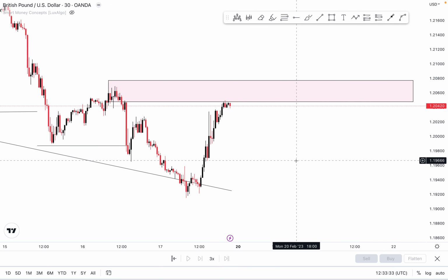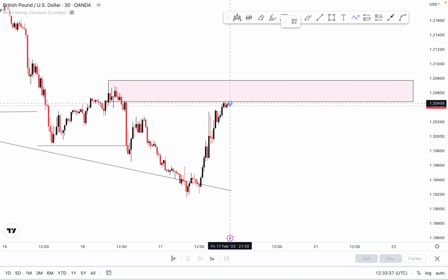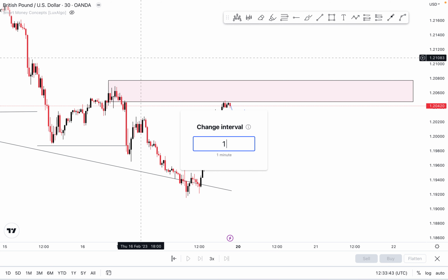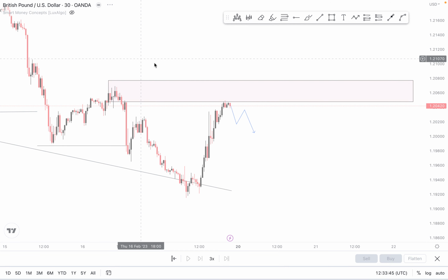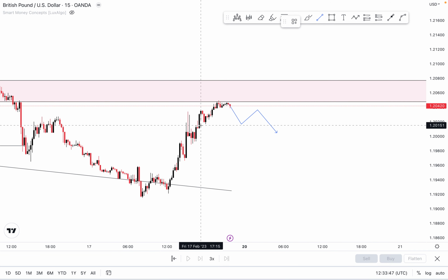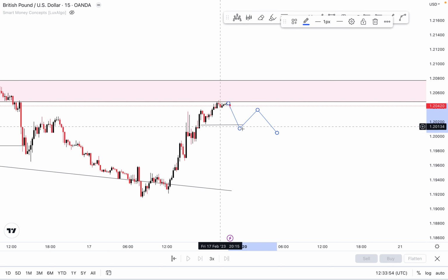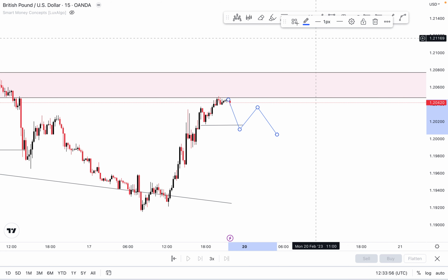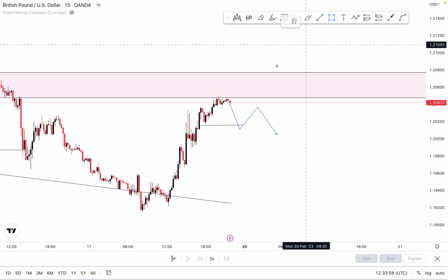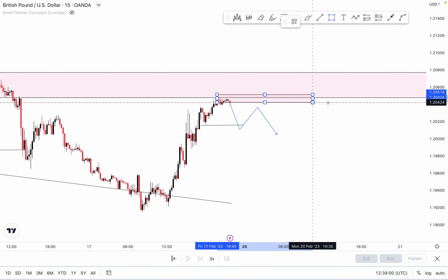So what I want to see tomorrow is this. I want to see tomorrow, once the market opens tonight, but tomorrow London session, I want to see a change in character here. Once I see that, I start looking for my sales during the London session. I want to see a change in character here. Price taking out this low. Once I see that, boom, I will have in mind that I need to look for my selling opportunity